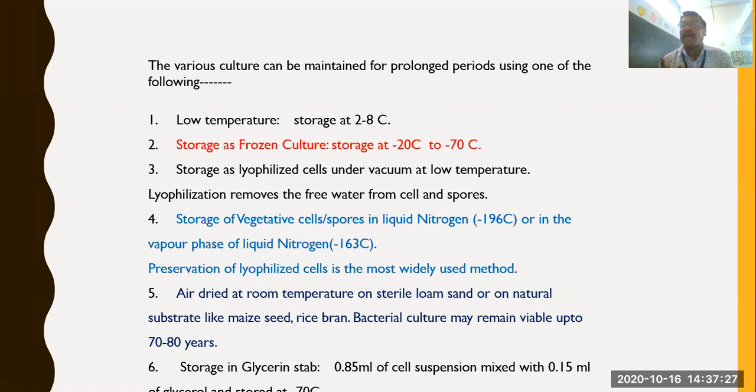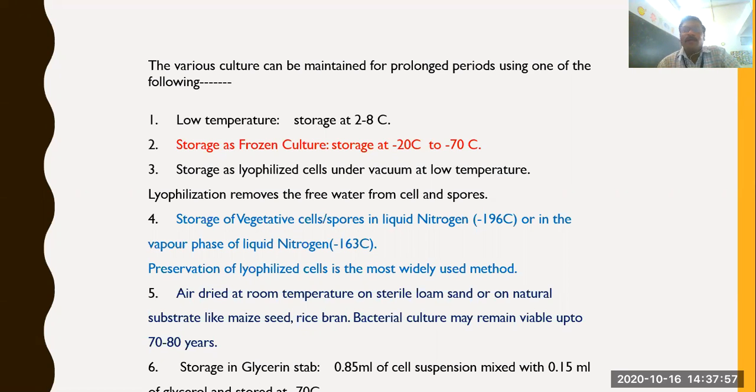Now the refrigerator has two temperature zones: one we call the freezer box, and the rest, the empty space, is known as the refrigerator, whose temperature is in the range of 2 to 8 degrees Celsius. The freezer box has a temperature of 0 degrees and below, which will be minus 22, depending upon the makers, either Godrej, Samsung, etc.